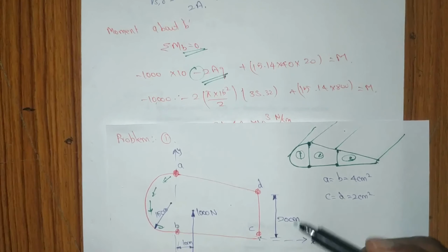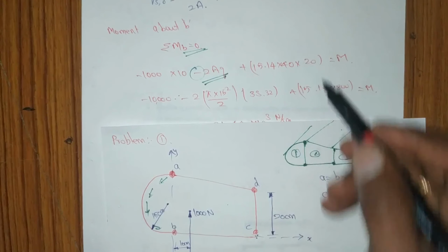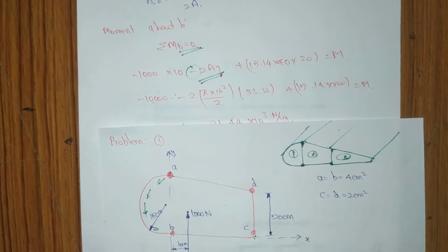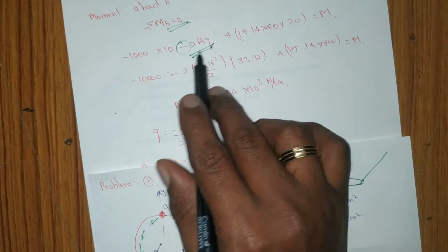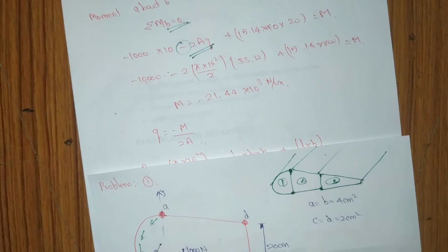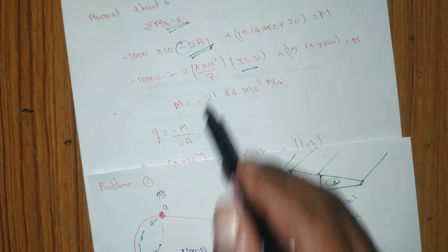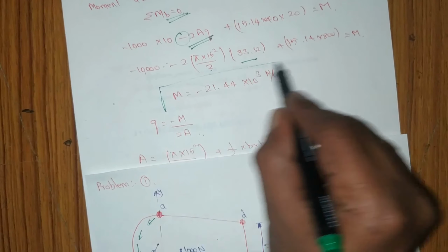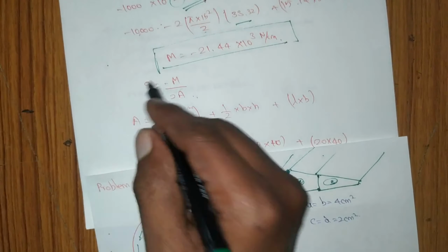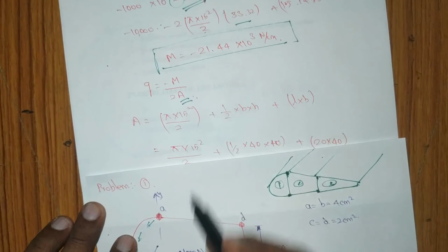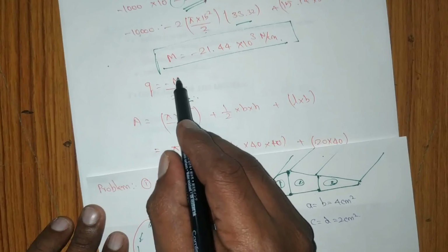So we are getting 15.4 into 800, so this is 40 into the distance, 40 into 20 into the shear flow. If you solve this mathematically, you get the M value. For the area, AQ you know, Q is flowing this value, Q of this arc value, and the half circle is pi r square by 2. That gives you the A value. So you identify the M value for the entire closed section, and you need to find the A value for the entire closed section.